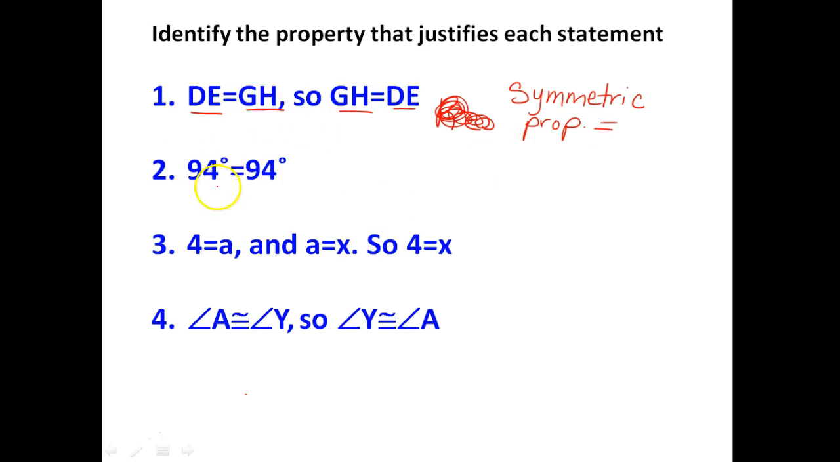All right, number 2, 94 degrees is equal to 94 degrees. The property that everything is equal to itself, that is the reflexive property of equality. All right, here, 4 equals A, and A equals X, so 4 equals X, right? So if 4 is A, and X is A, that means 4 and X are the same as well. That is the transitive property